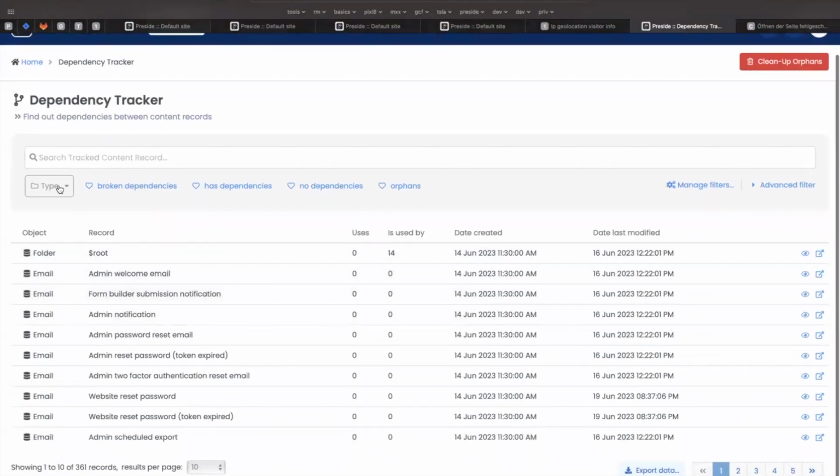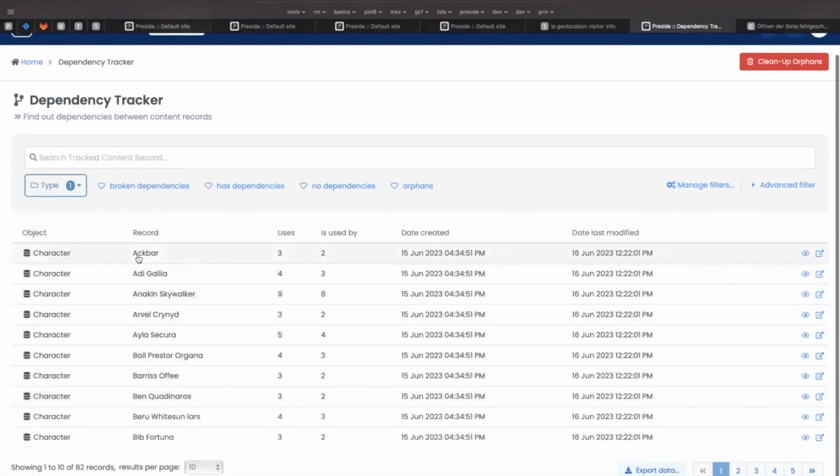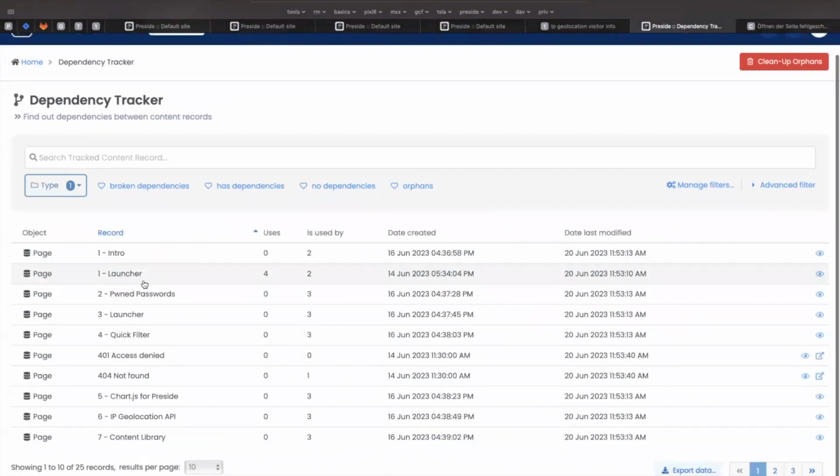We can filter, for instance, I customized it to have the characters in here as well. But the more interesting parts would be, for instance, on page objects, where you could see I have